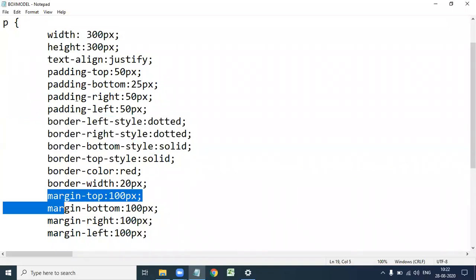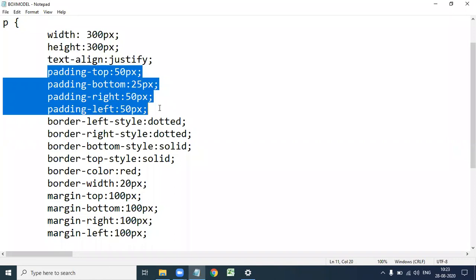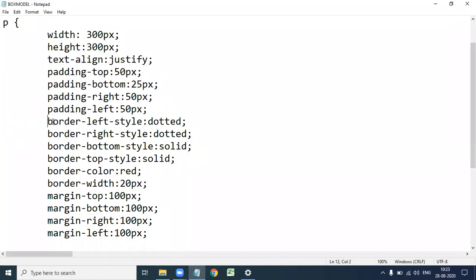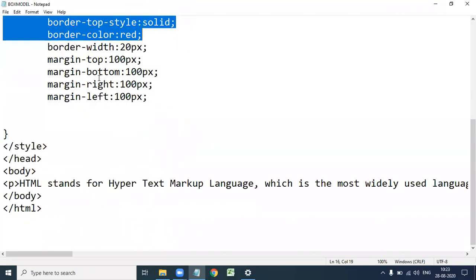These are the 4 parts of the box model. First, we apply style to the content: width and height of the content and text alignment of the content. Second, the area around the content is padding. Third, the border goes around the padding and content. Next, margin is the space outside the border.